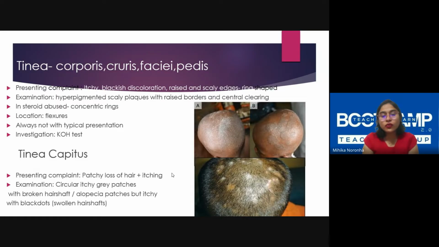Yeah. One thing that I want you all to know is you need two things in a clinic where you're seeing dermatology. One is a torch, and the second thing is a magnifying glass. A lot of people say, I'm not sure if there are black dots. You're not sure because you're not using a magnifying glass.